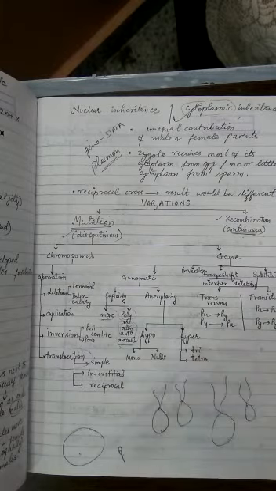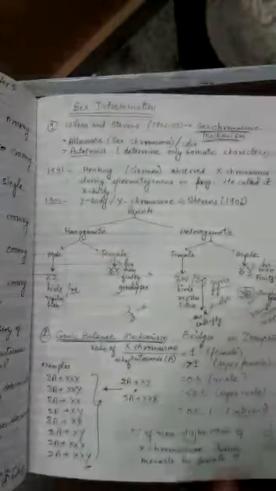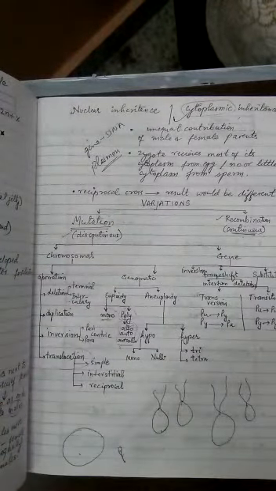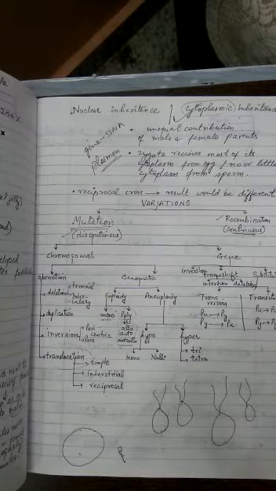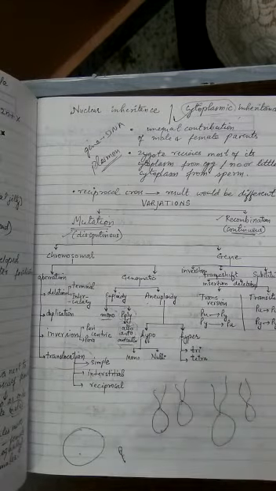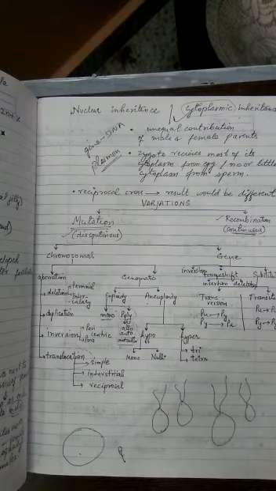Aneuploidy is when there is non-disjunction, which we have learned already on the last page, non-disjunction of the chromosome. Whenever there is a loss of one chromosome, not the complete set, or one or two chromosomes extra, this type of abnormality is called aneuploidy. So what are aneuploidy's types? It can be hypoaneuploidy, hypo means less, or it can be hyperaneuploidy, that means more.